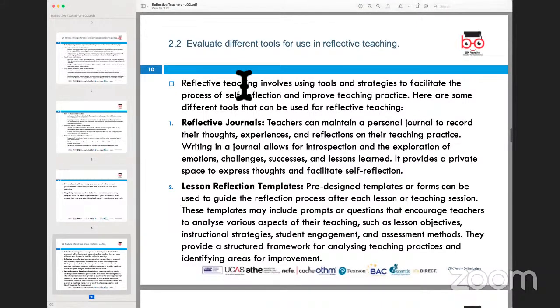Now, the second one talks about evaluating different tools which you can use for reflective teaching. This is something that I gave you a brief idea of earlier when we did the introduction, in terms of how we reflect on our own practices and education. So reflective practice tools that we look at as a teacher, as a lecturer, as an instructor, as a guide,